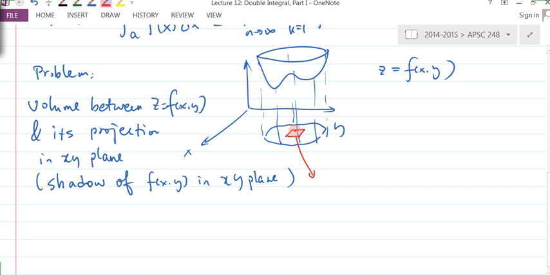So the area is probably centered around, let's say, x of k, y of k. So the center of this area is here, x of k, y of k. So basically, it's more of this. This is x of k, y of k, and then you have a delta x and delta y like this on the two sides of this small area. Then, if you extend that rectangular small area up,